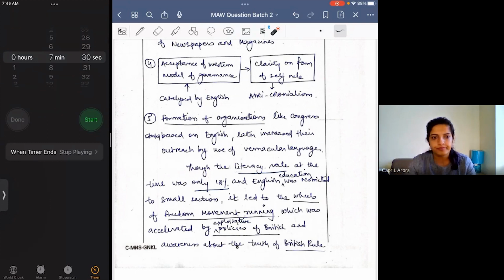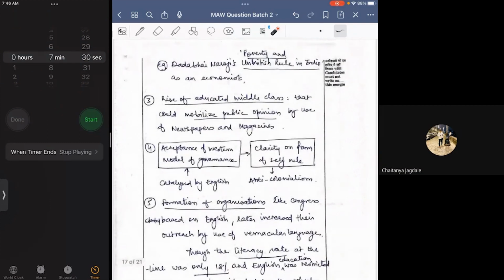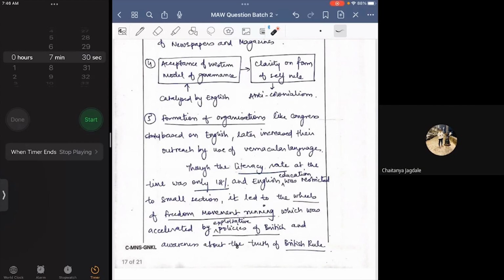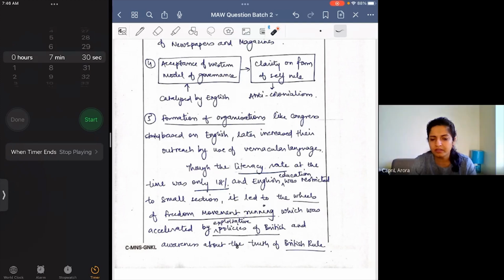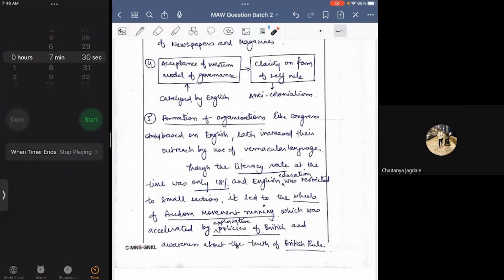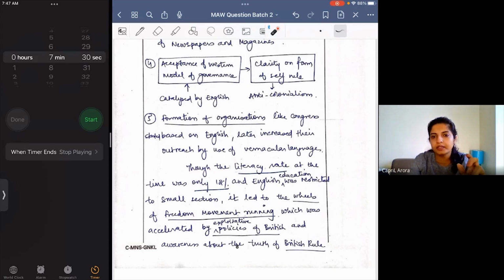Ma'am, in this question, I also mentioned the point that this education system strengthened the British cause. So, can you write this? It also strengthened their cause, for the sake of administration, to create false consciousness. Write it very briefly in the introduction, that they introduced it for this and this, but that became this.